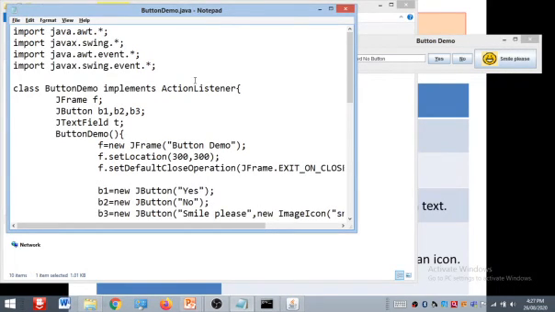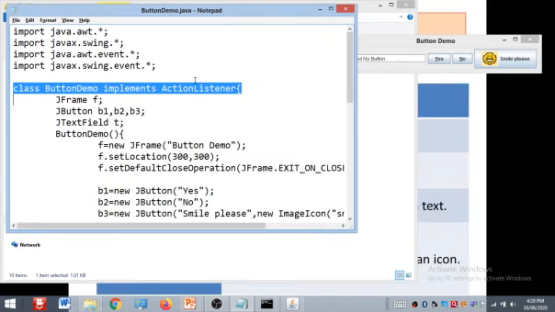The swing package is in javax, a new one introduced in version 1.2. Then AWT event, because we want to handle events in our program, so for that we import the event package also. Again, if we want to implement some of the new swing components, then we have to include the swing event package. Then here we have the class ButtonDemo.